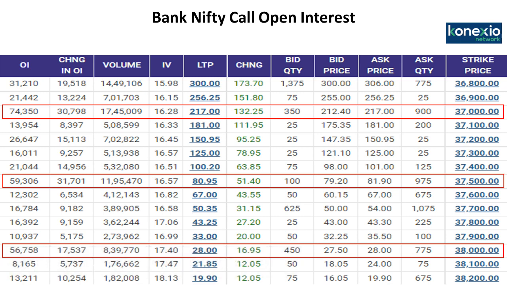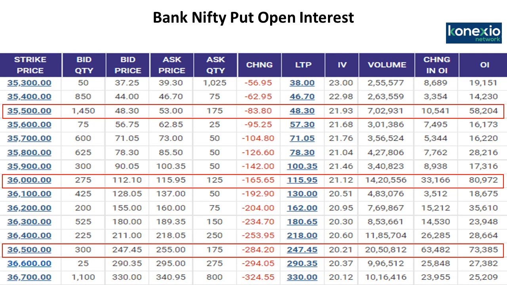Now let us come to Bank Nifty puts. In Bank Nifty puts, the action was seen in 36,500 puts, then 36,000 puts, and 35,500 puts. Now here also you can see there has been a rise in the open interest, a rise in the volumes, and a significant rise in the implied volatility. It is just between 20.21 to 21.93, and there has been a very severe drop in the option premiums, I mean to say Bank Nifty out of the money put premiums, which is clearly indicating that smart money might be thinking that on the downside